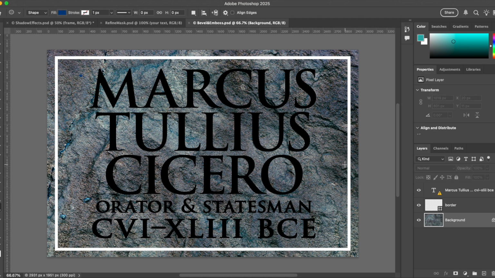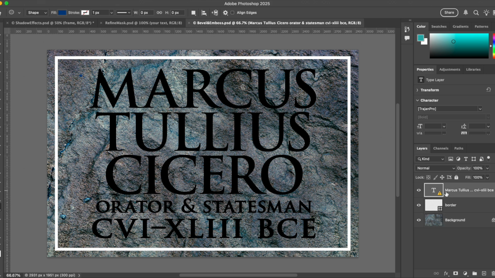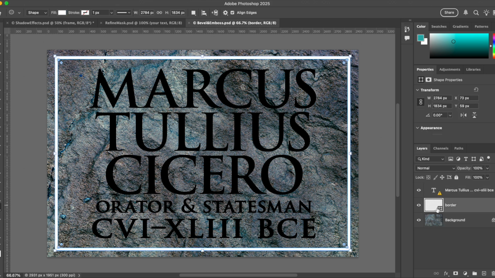Okay, so I want to continue working with our effects options. And here we have a new file. And if we look at the layers panel, we can see that we have a text file. We have another vector-based layer right here called border. And then we have a photographic background. We want to make this all look cohesive and composited so it looks like it's all part of the same